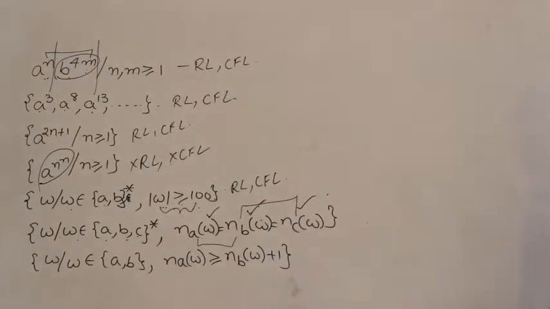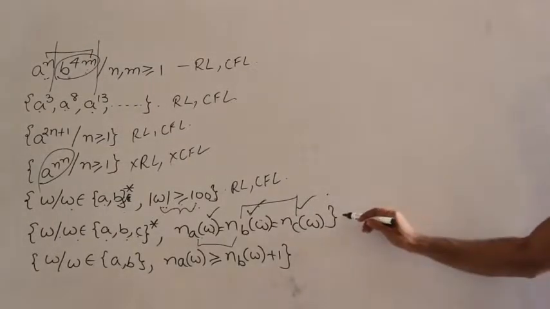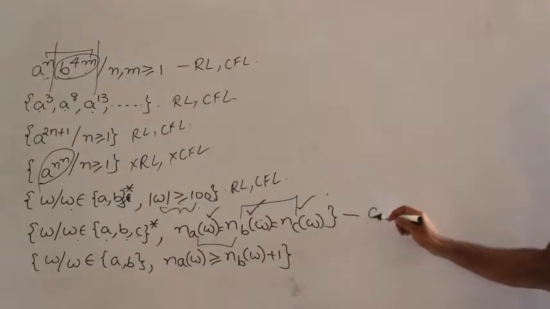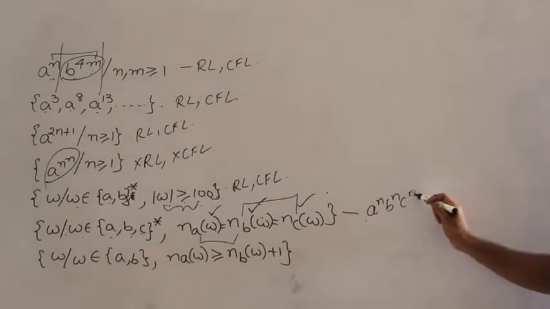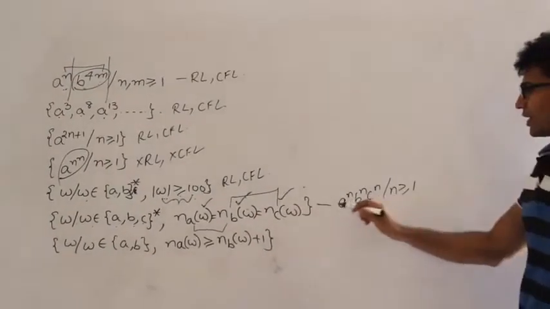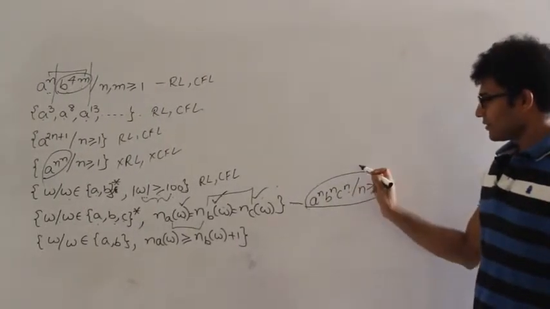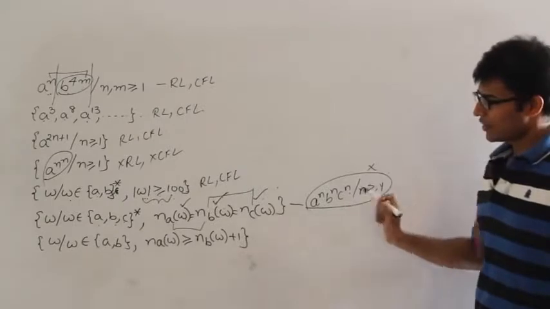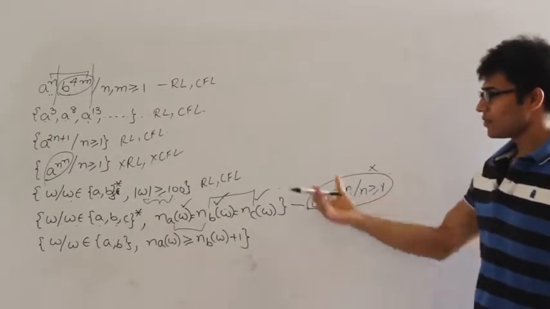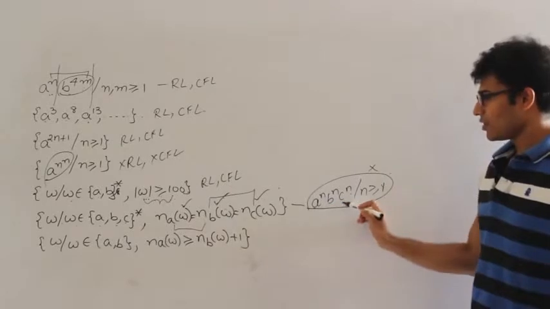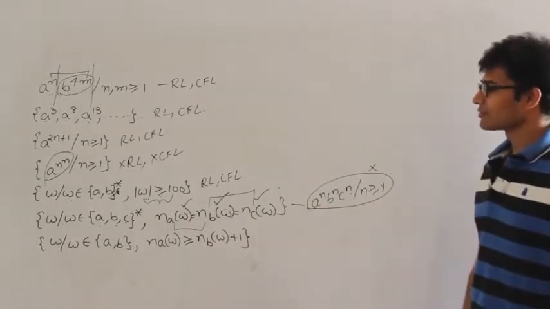So if you have to compare number of A's, number of B's and number of C's, you may not be able to come up with a pushdown automata which does it. One more way to check whether this is context-free or not: if you see a power n, b power n, c power n such that n is greater than or equal to 1, this language is a part of this language, isn't it? And we have already seen that for this language we are not able to give a pushdown automata. Definitely for the superset we will not be able to give a pushdown automata. This one we are not able to do, then obviously we cannot do this, right?